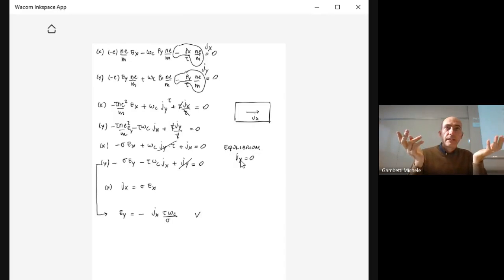So they defined a coefficient called the Hall coefficient, RH, which is Ey divided by the modulus of B and divided by Jx, because they expected that the electric field that develops due to the Lorentz force is proportional both to the Lorentz force and to the intensity of the current moving